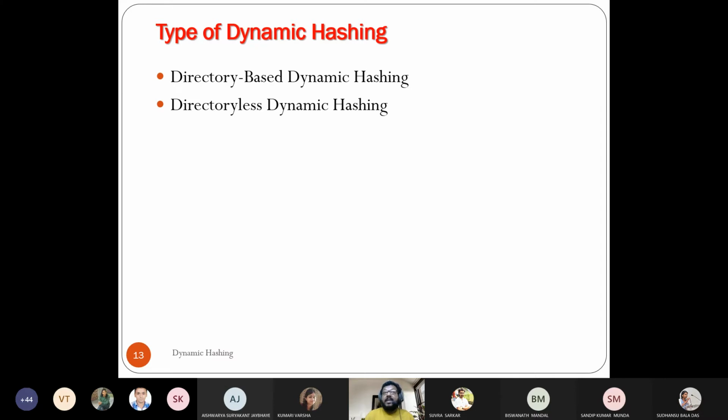Directory based is like this. You provide me the roll number, I search an index, and find the detailed information about this particular key value in some location. This is very simple. Directory based dynamic hashing uses a table which has to be referred to get the information about the actual record, and directory less means you do not need that index page. We do not require that index page. You can directly move to the address where the file is stored.